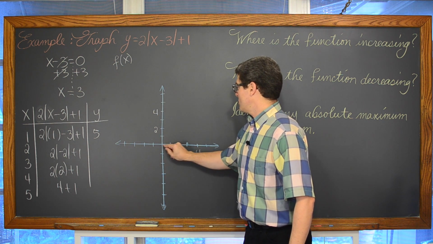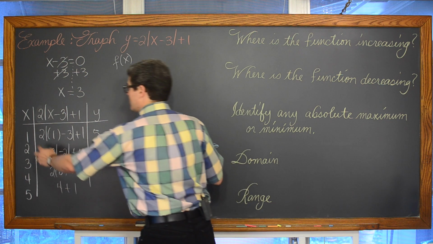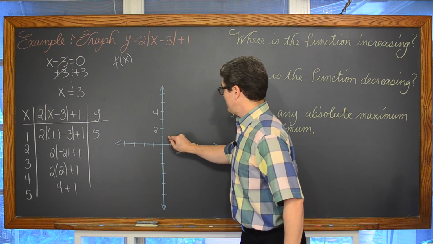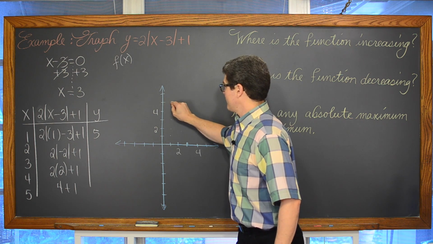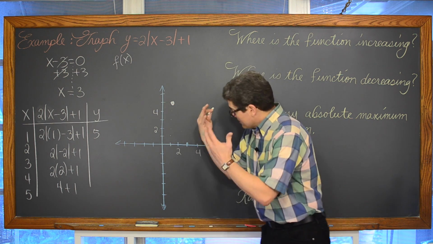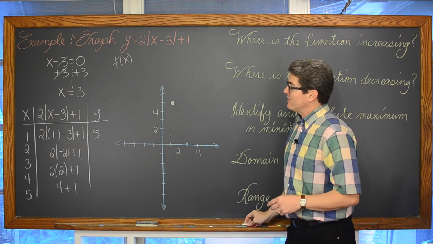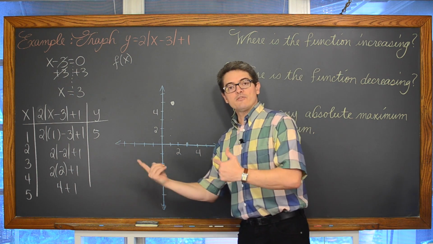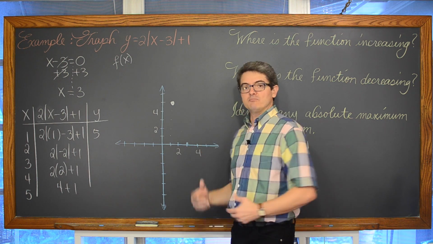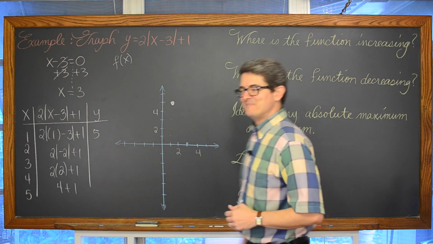We're going to go to the right one for the positive x-coordinate of 1, and then up 5. 1, 2, 3, 4, 5. And that is the first point in the process of creating the graph of this linear absolute value function using a t-table. Let me step off and reveal the rest of this work and get back to answering these other questions.